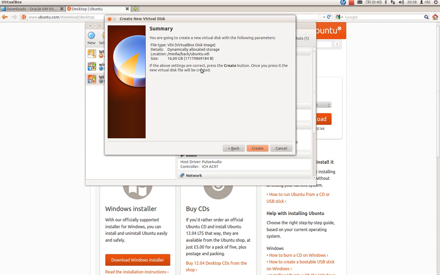Just click on next. So we will create a new one: 16 gigabytes, dynamically allocated, and the VirtualBox disk image is a file type. VDI is very fine. You can choose others, but make sure